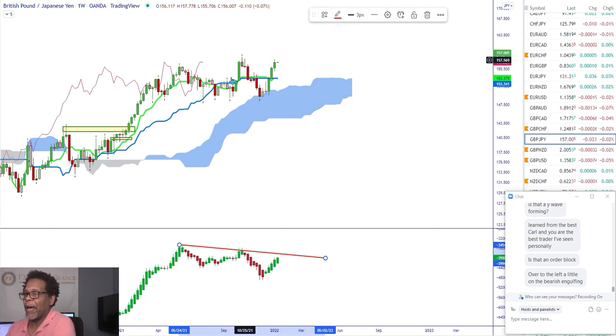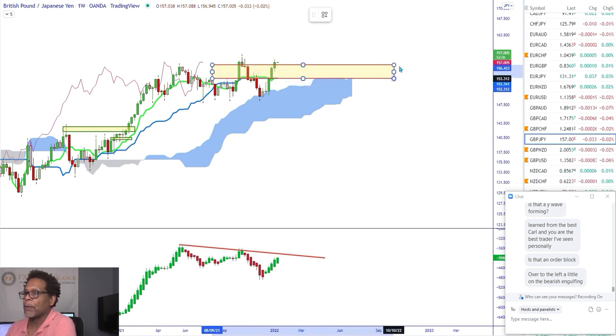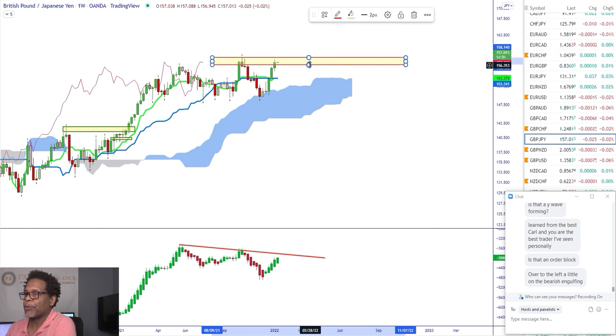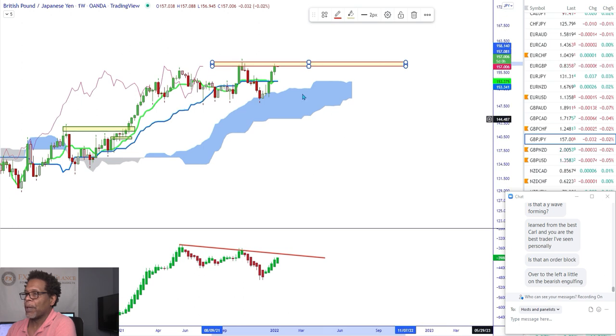And now we might have flattened out up here. So this may be a strong resistance point right here, this fractal zone. Your cloud is flattening out, so we may be getting a move back to the downside a little bit. Everything's flat here. No momentum to the upside or anything. Your flat Kijunsen, flat Tenkan-sen, they're together flat. And your cloud is flat.